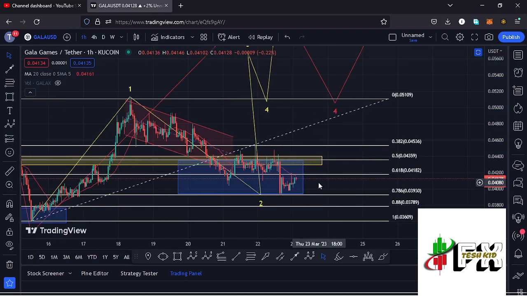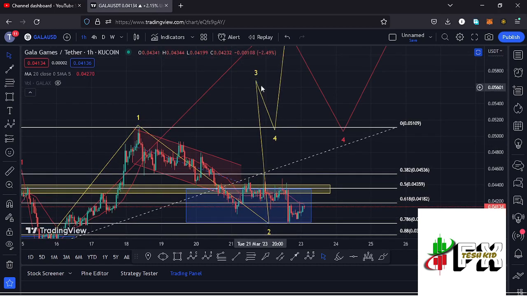And since we have fully maximized our target area down here, there are high chances that we are going to see a turnaround within this blue target area, continue gearing up in what could be the start of the formation of this wave 3 to the upper side. So there are high chances that we have now seen the low for this second wave, and Gala Games is not going to give us one more leg down in the formation of that wave 2,